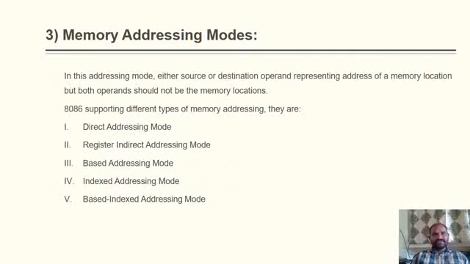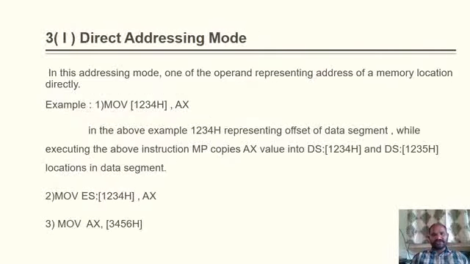And another one is the memory addressing mode. Under the memory addressing mode, direct addressing mode is nothing but in any instruction, one of the operands is going to be the memory address. So we know that in the 8085 microprocessor, we have the memory address directly. But in the 8086 microprocessor, whatever memory address we are specifying as a part of the instruction, like this on the screen,